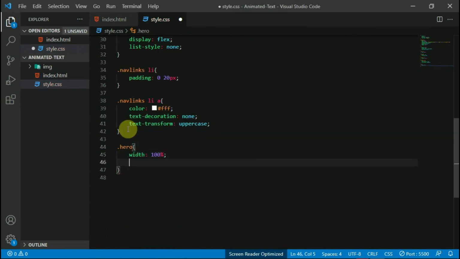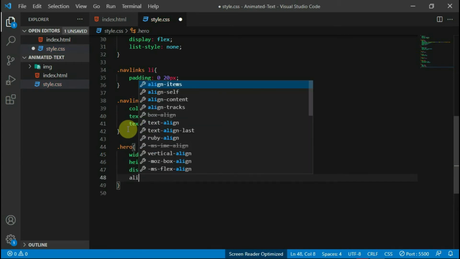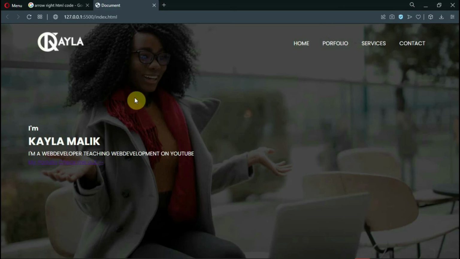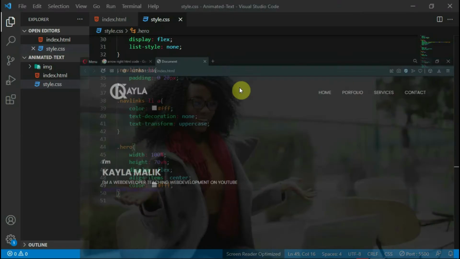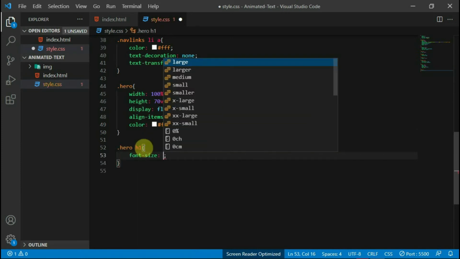Set the width to 100%, the height to 70 VH, and align items to center. Also, set the color to white. Now, let's preview the changes. Okay. Let's head back. Reference the H1 tag in the hero section, and set the font size to 120 pixels